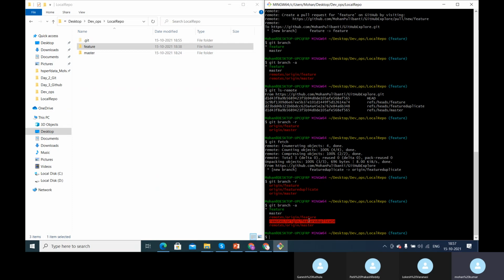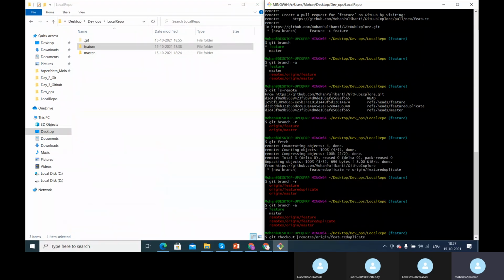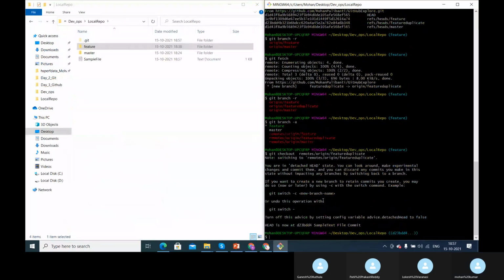So if you want to get this code from the remote repository onto the local branch, what you have to do is simply check out to that particular remote tracking branch, git checkout, and this is the remote tracking branch that you want to check out. So do a right click on it, copy this, and paste it here. So if I click enter, now you got that new file here, sample file, but